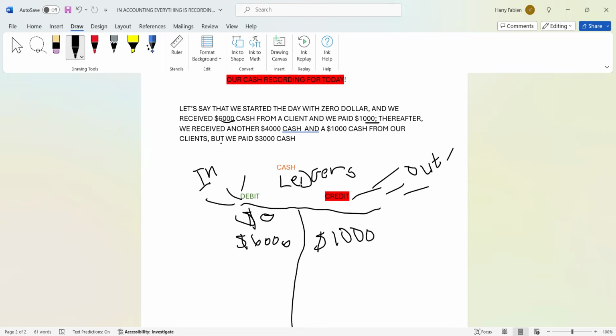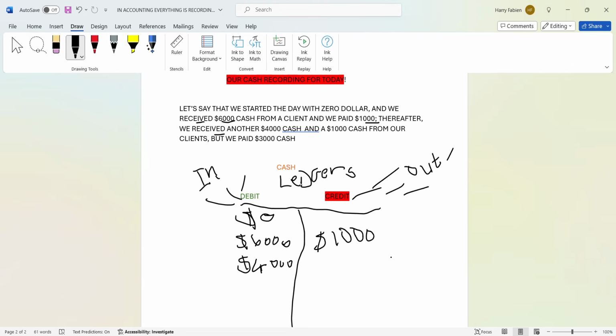Thereafter, we receive another $4,000 cash from a client. So we receive now. Remember, anytime you receive, it goes to the debit side. You're going to add $4,000 there now. You collect money, you get money coming in, so you put $4,000 there.